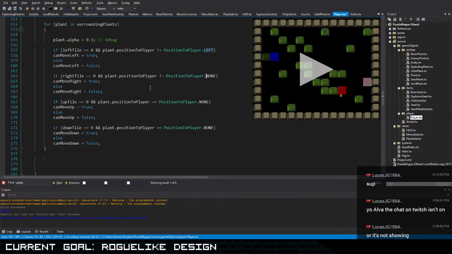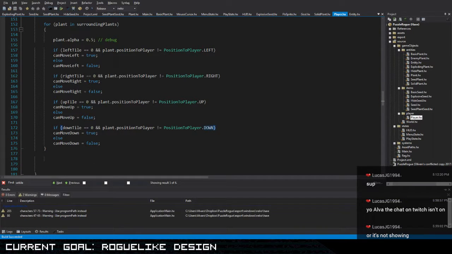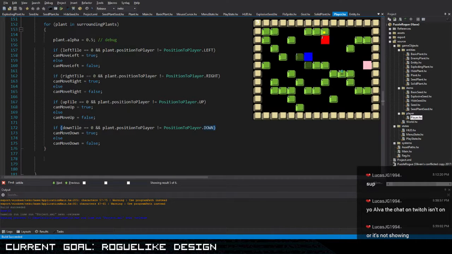I would think this could work. So if it's not to the right, if it's not up, and if it's not down, the player can move, right? I don't know why. Else,